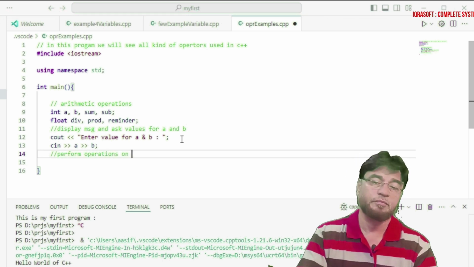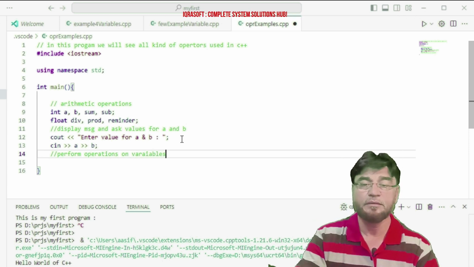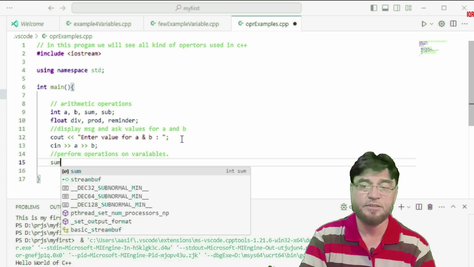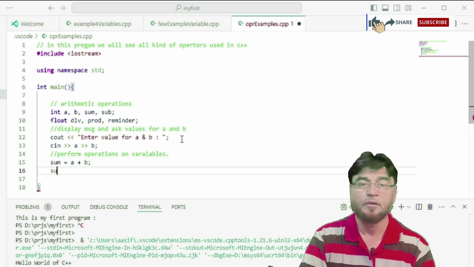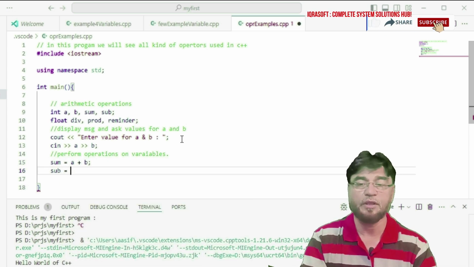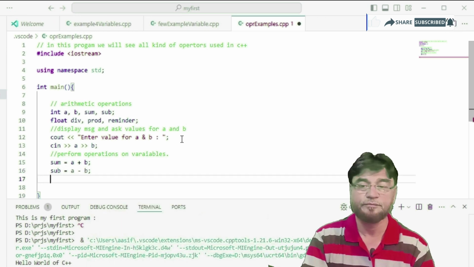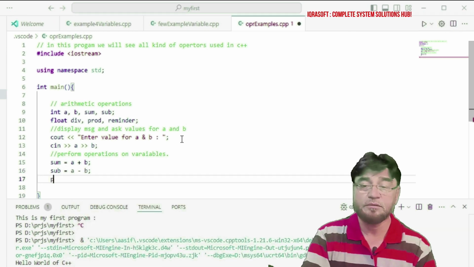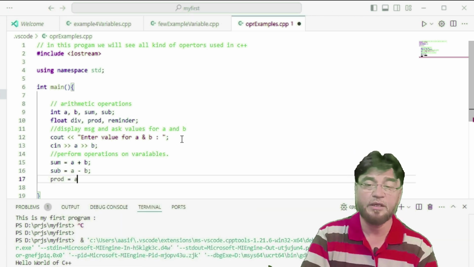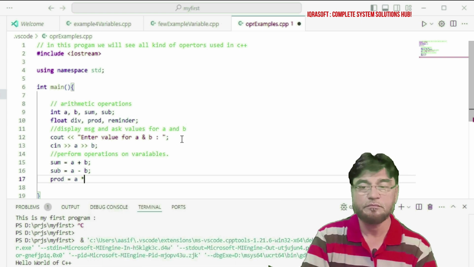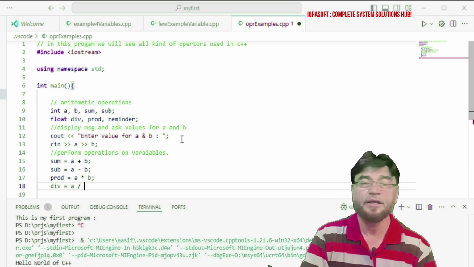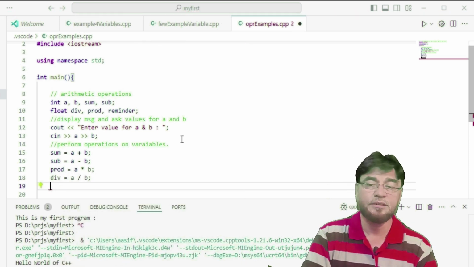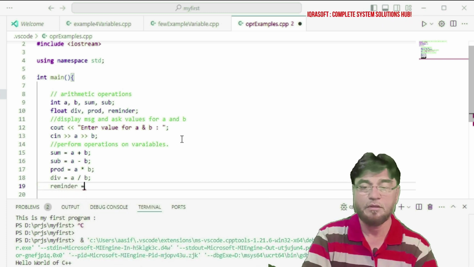Single line comment: perform operations on variables. First operation: sum = a + b; subtraction, sub = a - b; multiplication, prod = a * b; division = a / b; remainder = a % b;